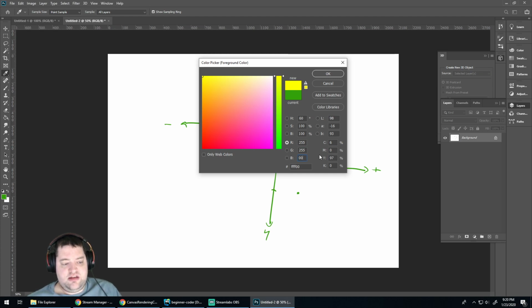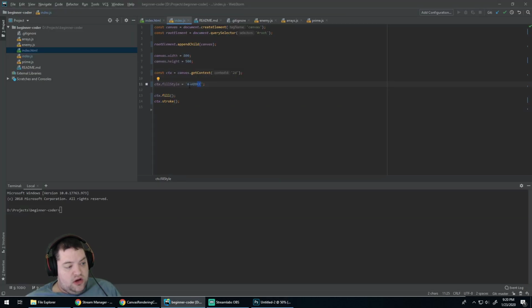Red and green is yellow. And then if you wanted, say, orange, that's somewhere with half green and red. And, you know, you could kind of mix them around in here. But yeah, so that's the colors we're dealing with. So, and then in HTML specifically, well, like CSS and that stuff, when we're dealing with colors,